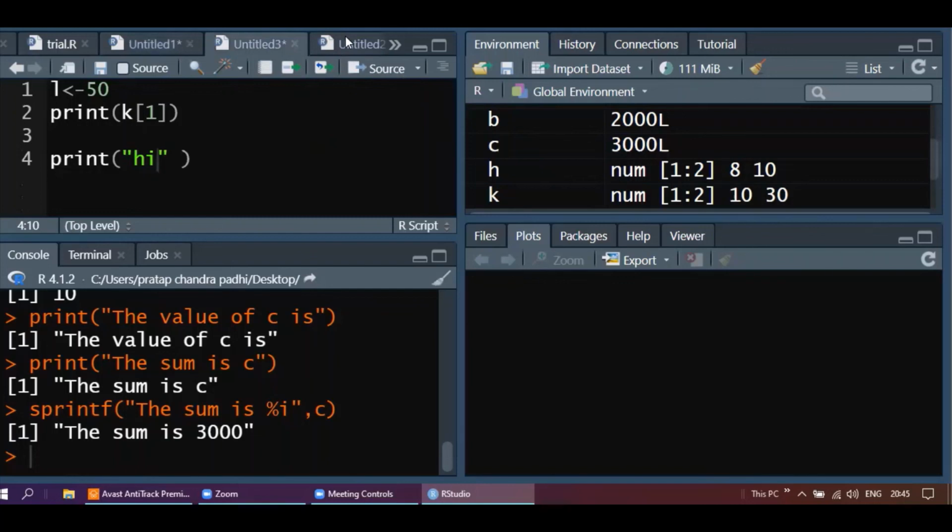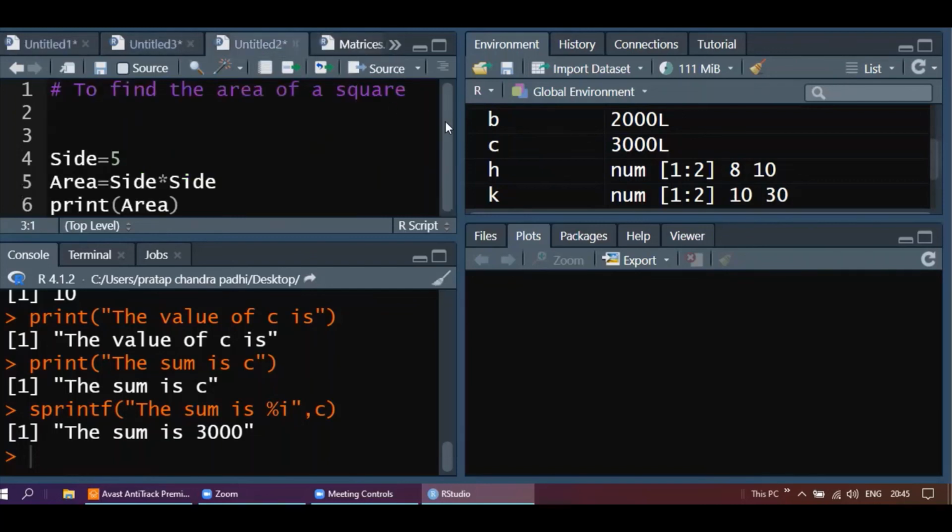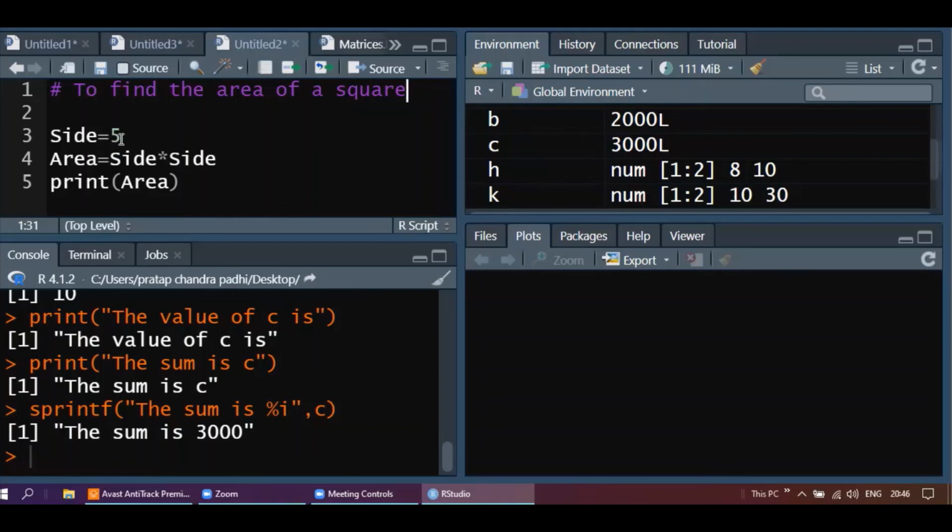Now let's complete this. I want to find the area of a rectangle. Okay. To find the area of a rectangle. Square also we can do. Square. So instead of writing side is equal to 5, we have to give side. Okay. So side is, suppose you write side A, B, C, whatever you write, it doesn't matter. Side is input